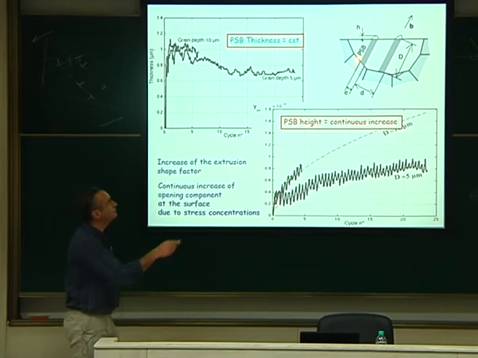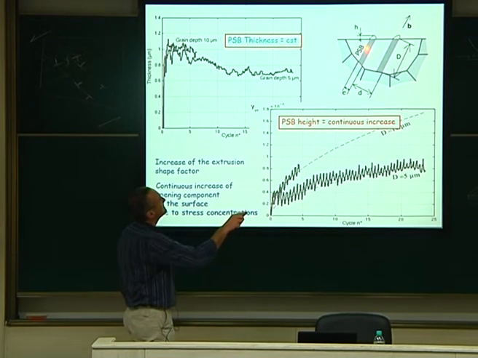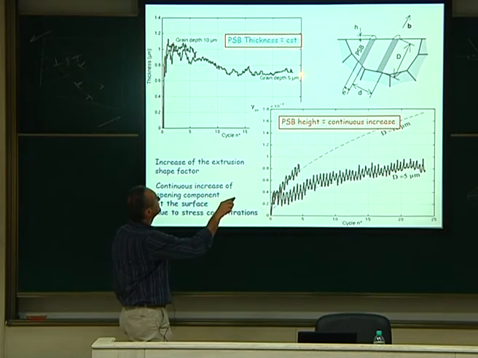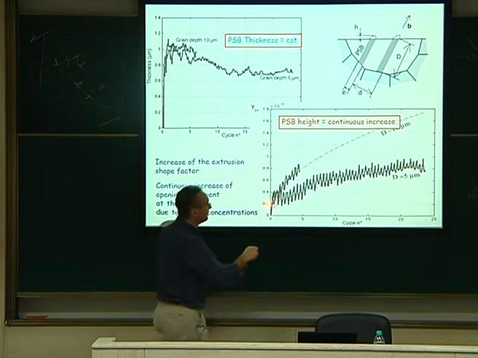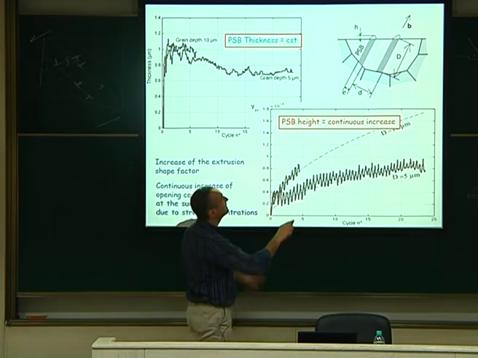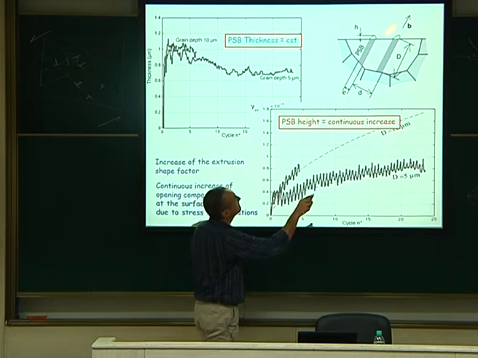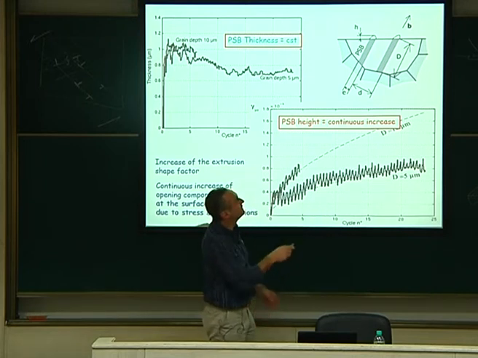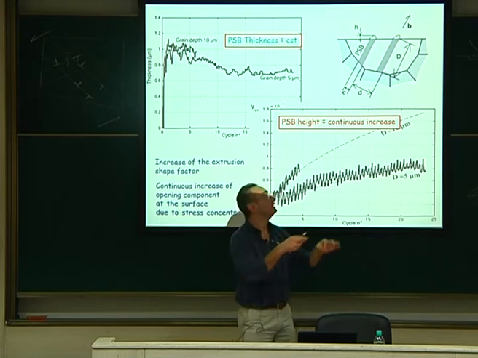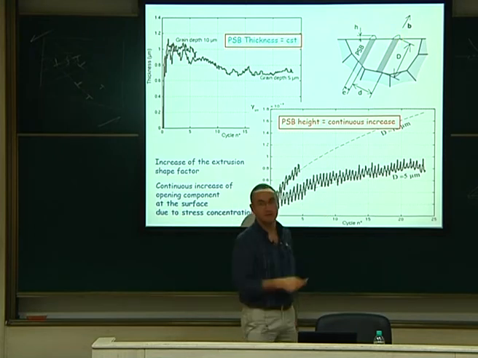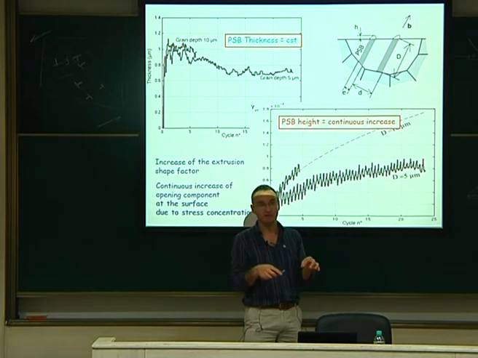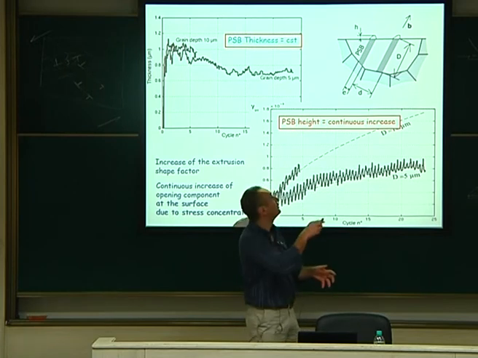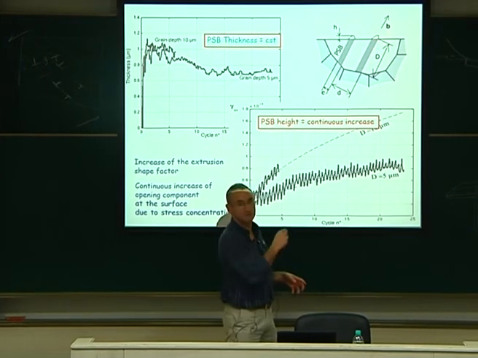Why at the surface? Because if you look at my extrusion, the thickness of it is more or less constant. This is the thickness. The thickness of this is evolving and then constant. But the height of the extrusion is proportional to my irreversible parameters. It's always bigger and bigger. So you have some things which are bigger and bigger, more and more elongated. If they are elongated along the Burgers vector, typically, it means that when you apply your stress, it will have some stress concentration here and there, just because of the shape factor of your extrusion. And these stress concentrators will nucleate the crack. It will give the opening component that you do not have inside the band. You will have it at the surface.